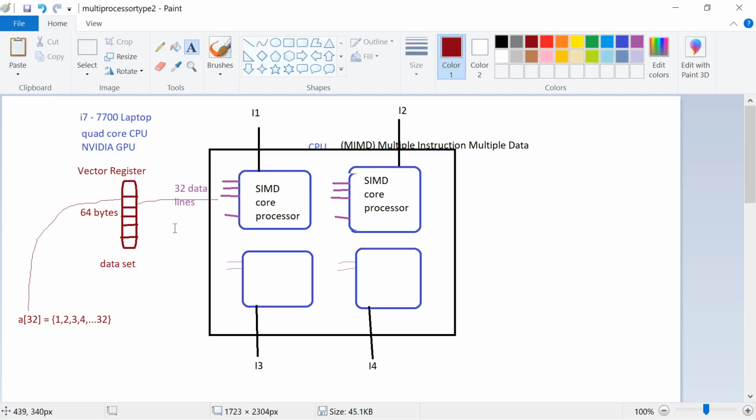So if you are dealing with GPUs, then definitely there is going to be a lot of vector registers inside your GPU architecture. There is going to be a lot of SIMD processors. Your CPU was the first type of processor which initially came. We started with SISD, but the processor architecture keeps on advancing. The power of the CPU and GPU keeps on increasing. So if you have to understand the power of your computer, you have to understand the power of your processors.